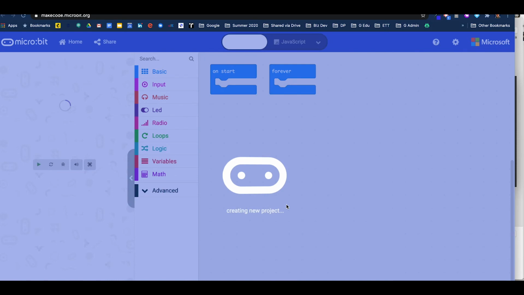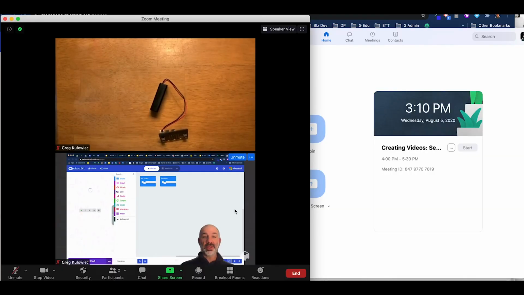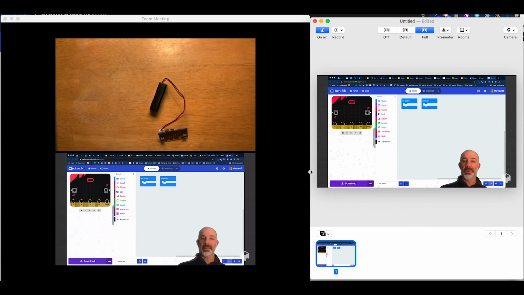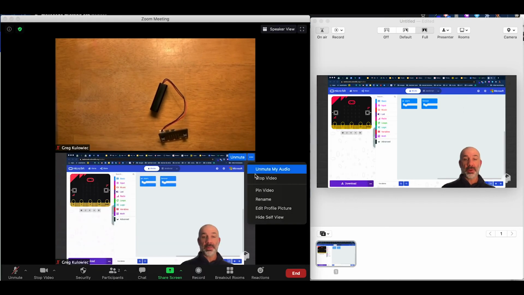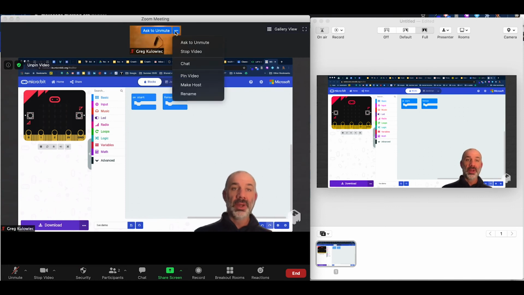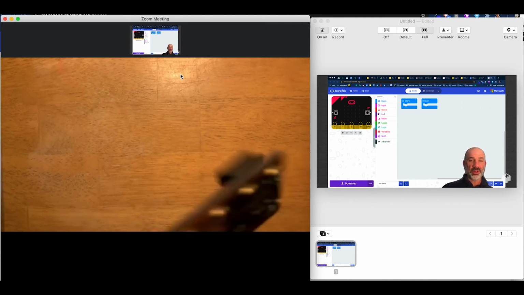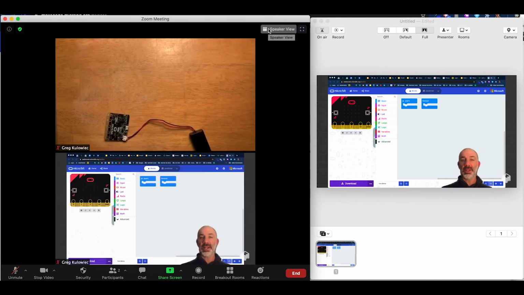So what I can do now when I'm running Zoom is that I could have now, I'll just show you the appearance of this. You can see that Zoom now has the coding environment behind me, and the mmhmm app also has that coding environment behind me. So as I'm doing this instruction, the kids can see the work that's happening behind me in real time. In the Zoom call, I can always, like I demoed earlier, I can pin the video to make that part of the instruction better or clearer, or I can pin the kind of analog creation here if I need to show my students something that's happening when I'm using this particular tool, or I can just jump back to gallery